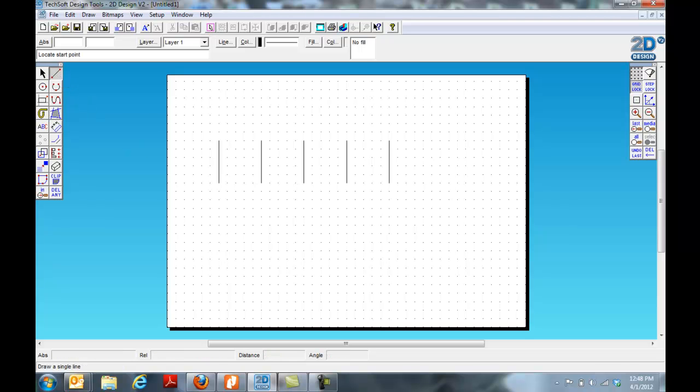Now use the line tool again, and I'm simply going to join up these lines between the ends of each vertical line. I am not going to draw one continuous line all the way across. So just draw individual lines